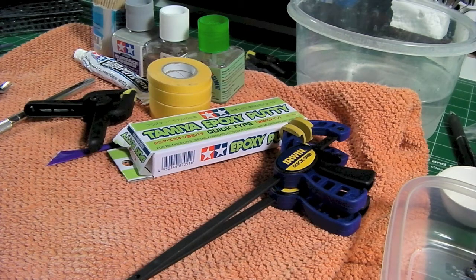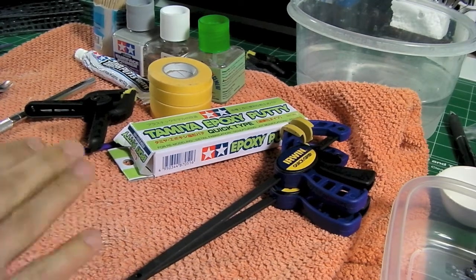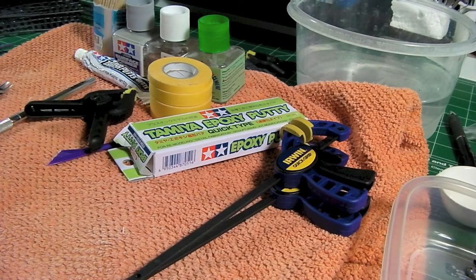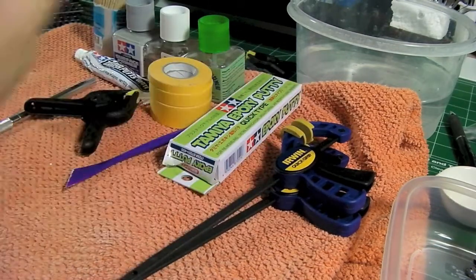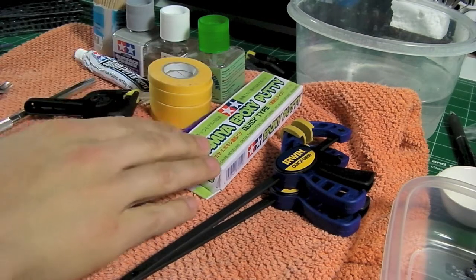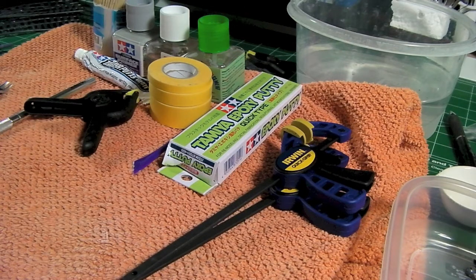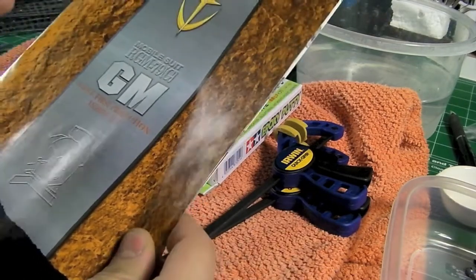So basically what I want to cover is seam line removal, and then seam line cleanup, as well as how I sand my kits. You'll notice a towel here that has to do with how I sand my kits. And also, I'm going to cover briefly how to use epoxy putty. It's not necessary for most kits, but you never know when epoxy putty will come in handy, so I just wanted to cover that. So I'm going to let you guys go ahead and figure out how to assemble your